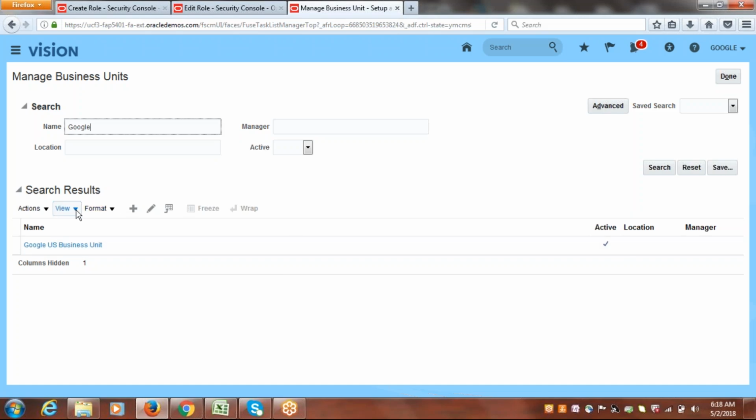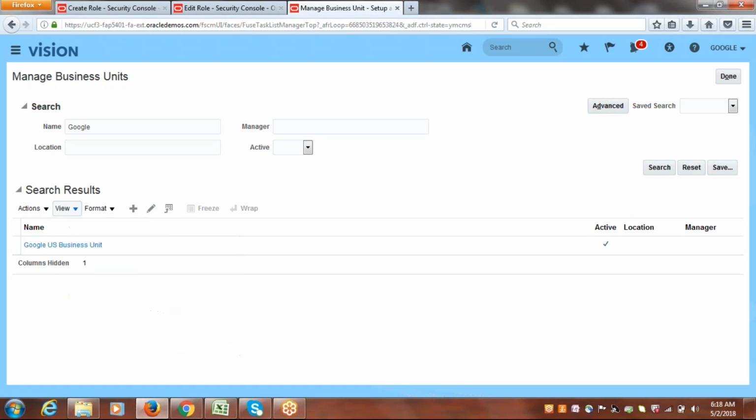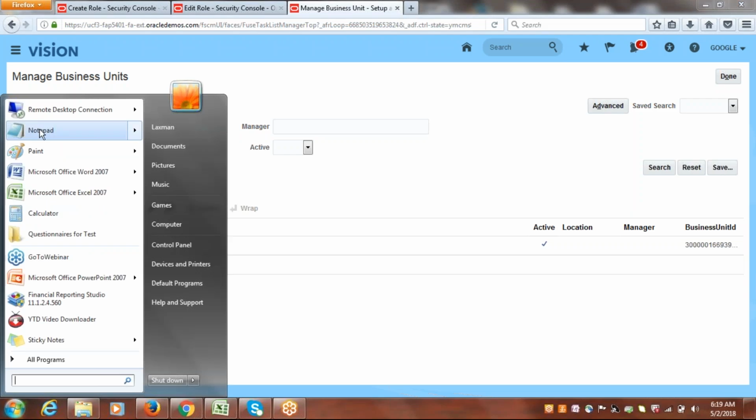Now what we have to do is go to View, Columns. So business unit ID is hidden, just select it. Select business unit ID to display here. So this is a BU ID. This ID you have to enter in the role definition if you want to map. Okay, if you want to just hard code that BU ID with a specific role. Here the BU ID is